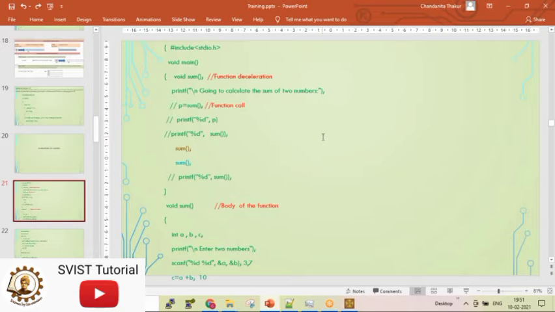Madam, for optimization and avoiding rewriting the same logic or code. Okay, Mautrisha wrote, we want to perform various tasks in a single function. That is partially true. But Arjun gave a very good answer: code optimization. Why write the same thing again and again? Okay, that is what I was searching for. All the answers are correct.